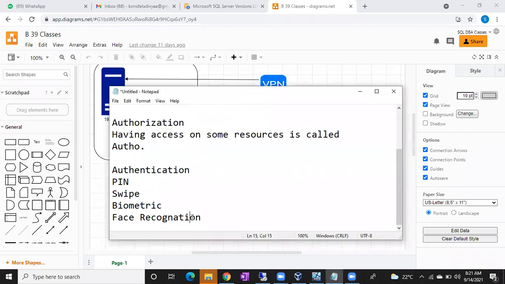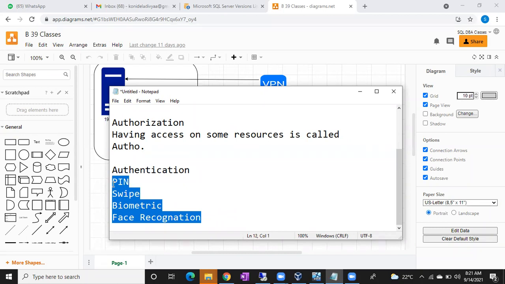So these are the different authentication methods. Authentication simply means verifying that the correct user is accessing the resource. You may authenticate using a username and password, a phone PIN, biometrics, or by swiping your ID card. If you swipe your ID card, doors will be unlocked, right? So there are different ways of authentication.